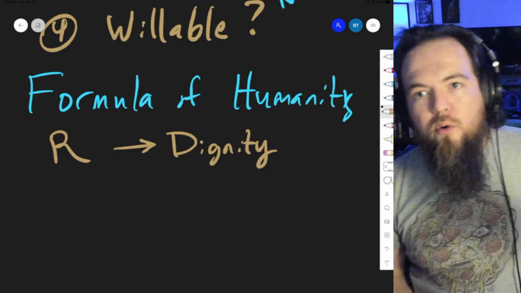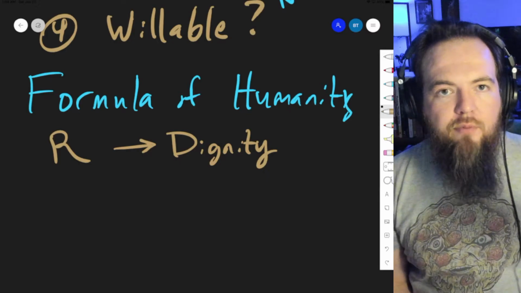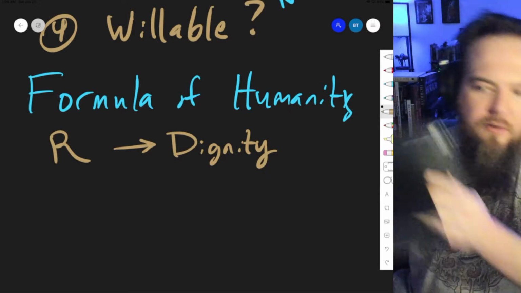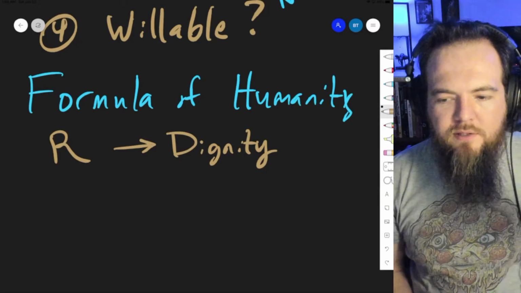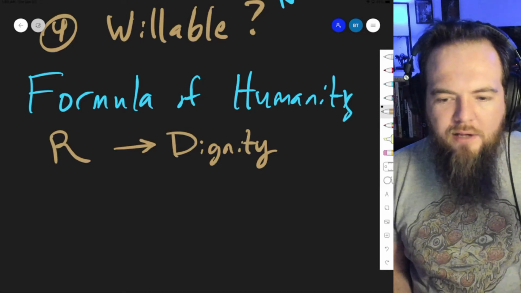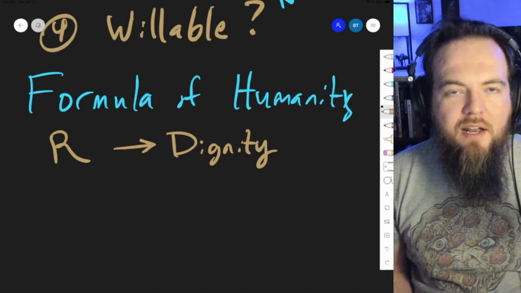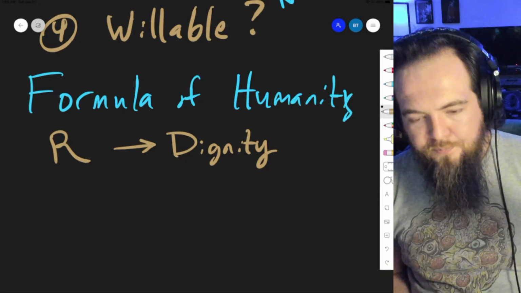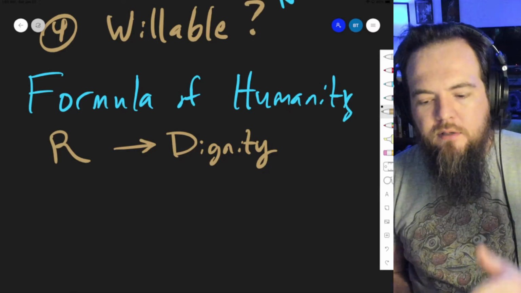What separates you from an object, right? The object doesn't have reason. And we can use this iPad, which I have in front of me. I can use this iPad as a tool, right? Because it has a price, right? It's just an object. I don't have to ask it its preferences. It's not assigning itself its things. But as soon as people have the ability to reason, that gives you a worth that's beyond all price, namely